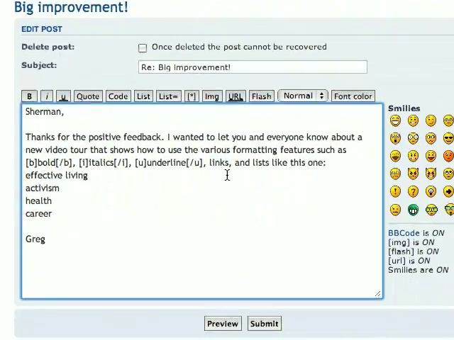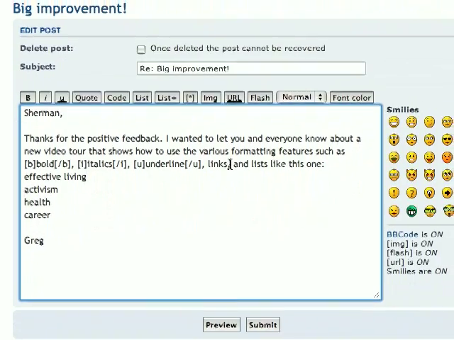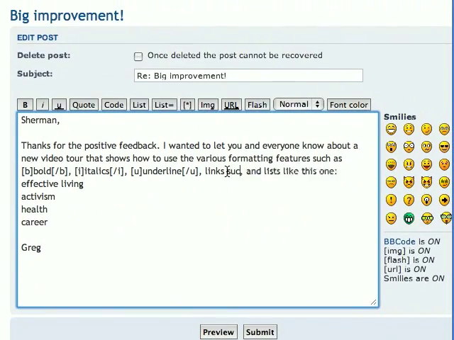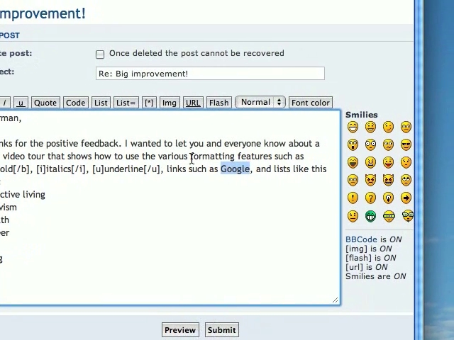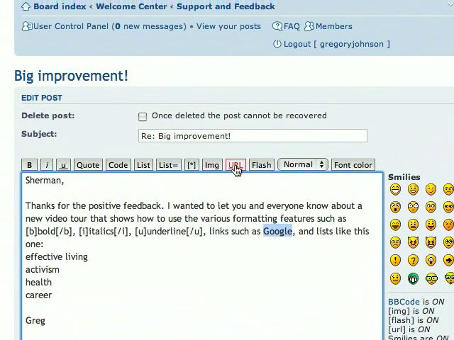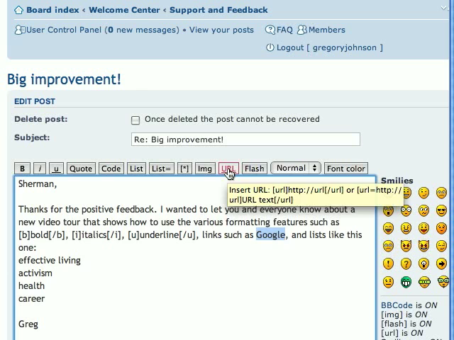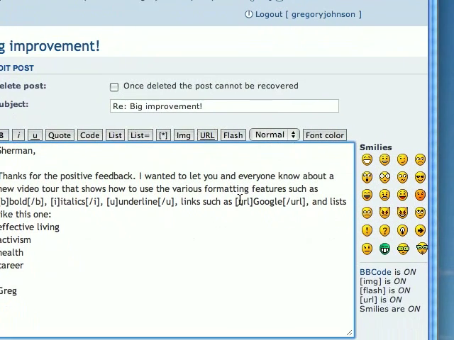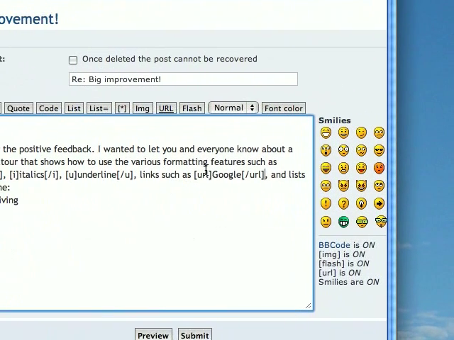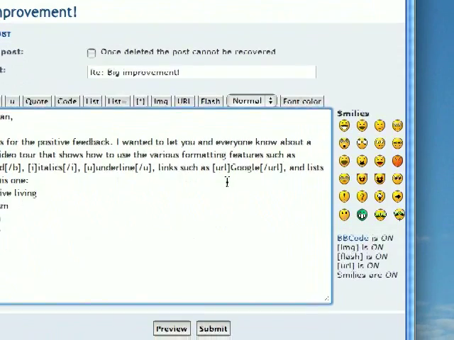Links, and I'll put in here links such as Google. So how do I make Google a link? Well, I double click on it. Here you see URL, and it's underlined. Just click on that. Now it's put the code in, but it doesn't really know what the website is, so I have to put that in here. I'll just say URL equals